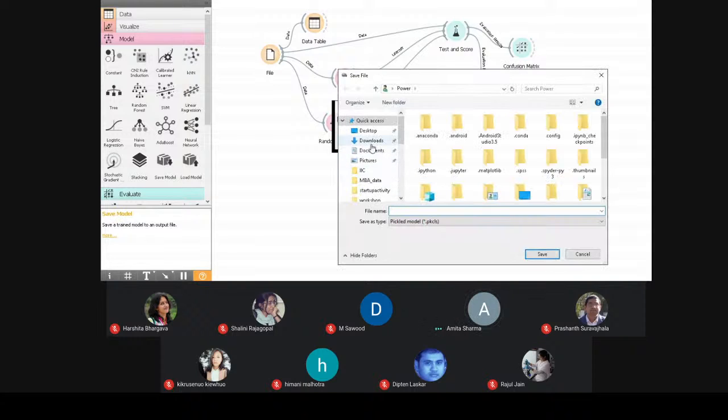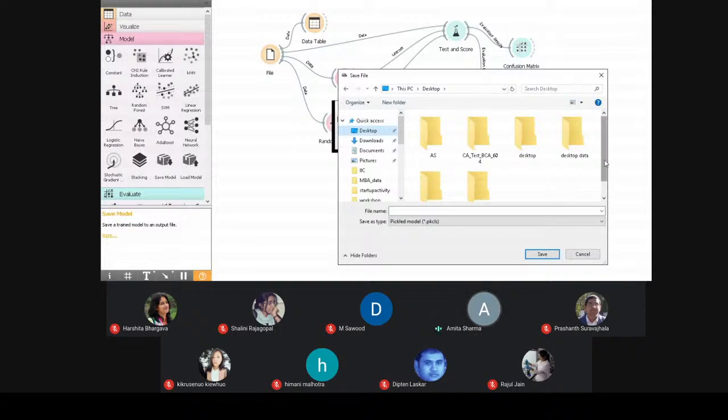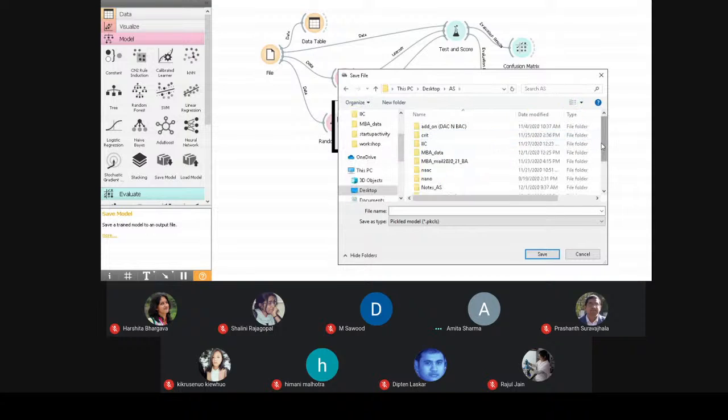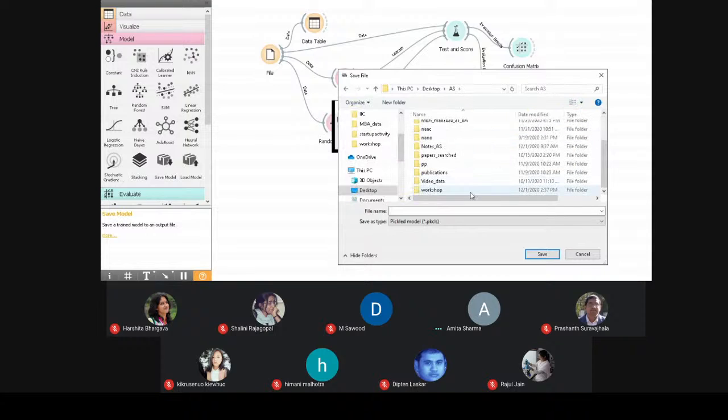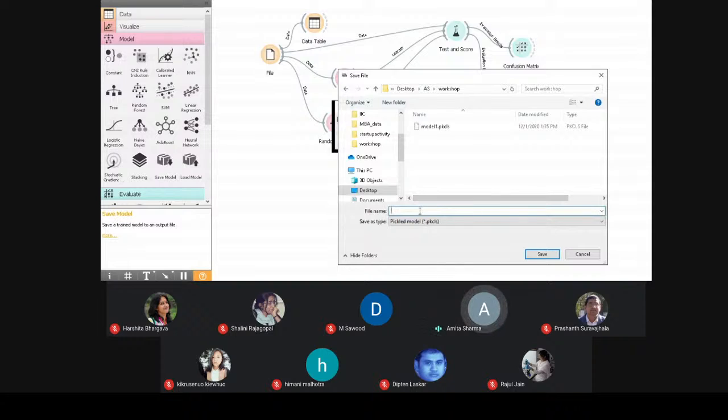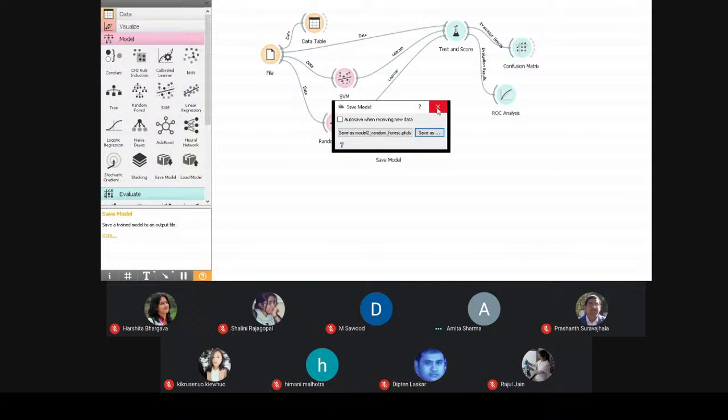For example, I want to save it on my desktop, in the workshop folder. I'll give this model the name random forest. Save. Now this is the way you can save the model.